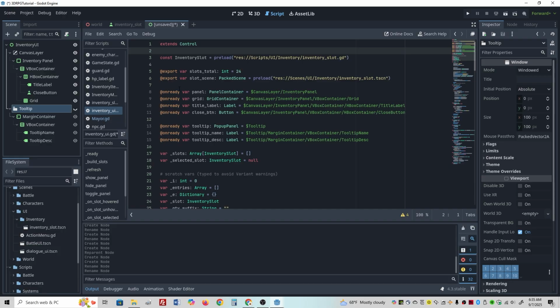Let's see. The next section is going to be some tweaks for the inspector. Right, these guys right here. We need to load the inventory slot scene, and we're telling it how many slots to have. So we're going to tell it to load 24 of them eventually. And then we have our references that are going to bind to the scene tree. So that's going to be our inventory panel here, the grid, and then our title, label, and close button as